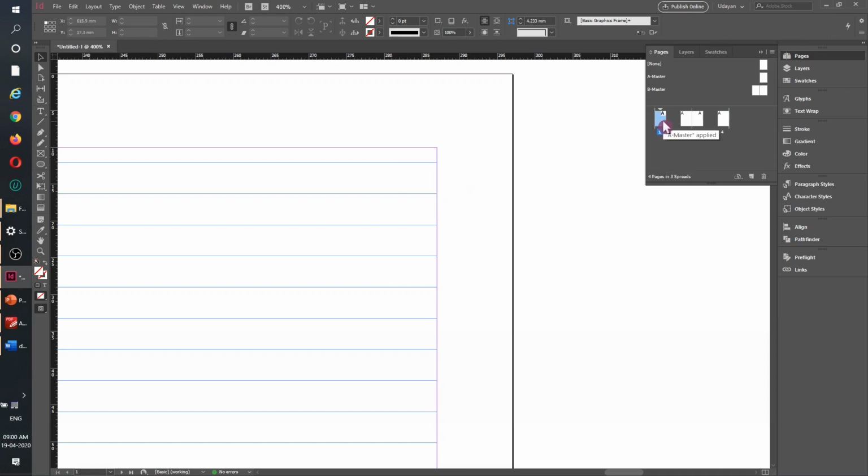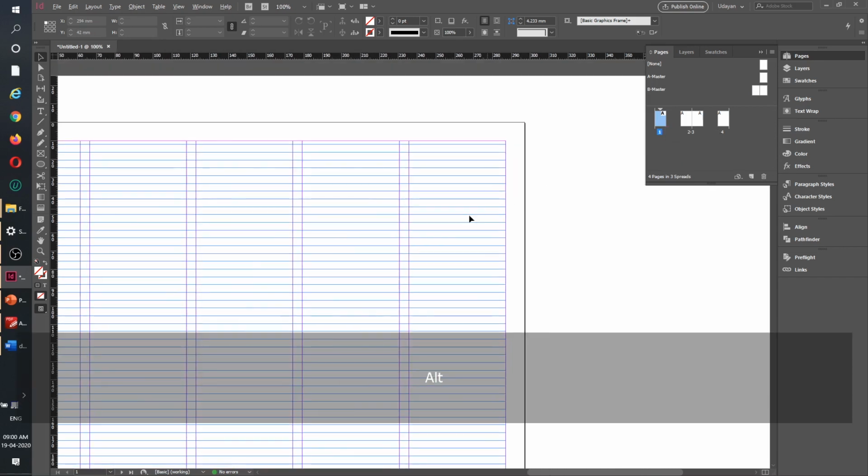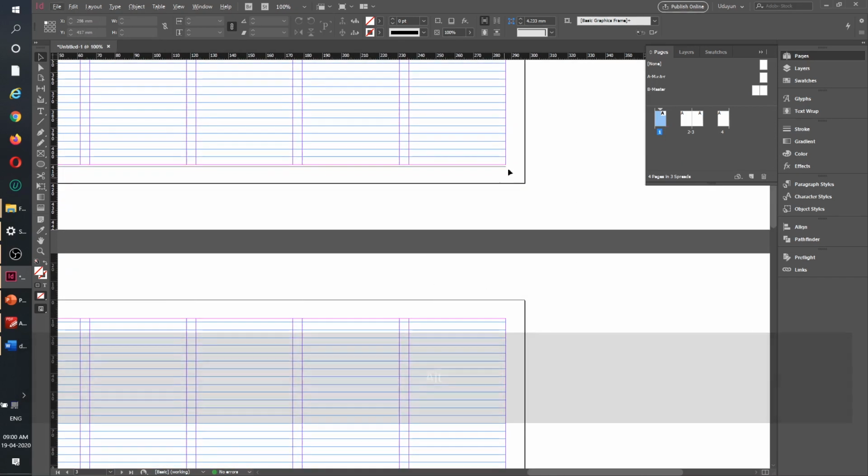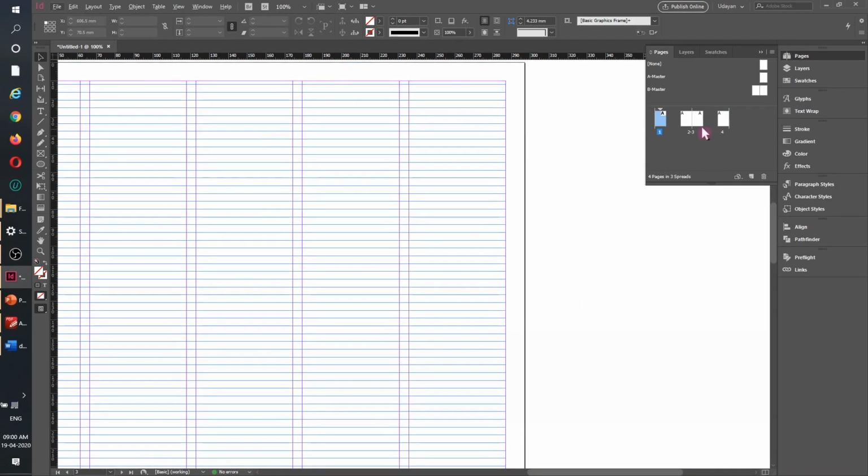Then I'll come back to my first page. So I should be able to see the line here. Good. And now all the pages are with master page A, but this one I need master page B. How do we do it? Very simple, drag this and drop it here. Okay, see, B. Can also do this, drop it here, B. See, page number appearing, drop this, cool, B, and we are good to go.